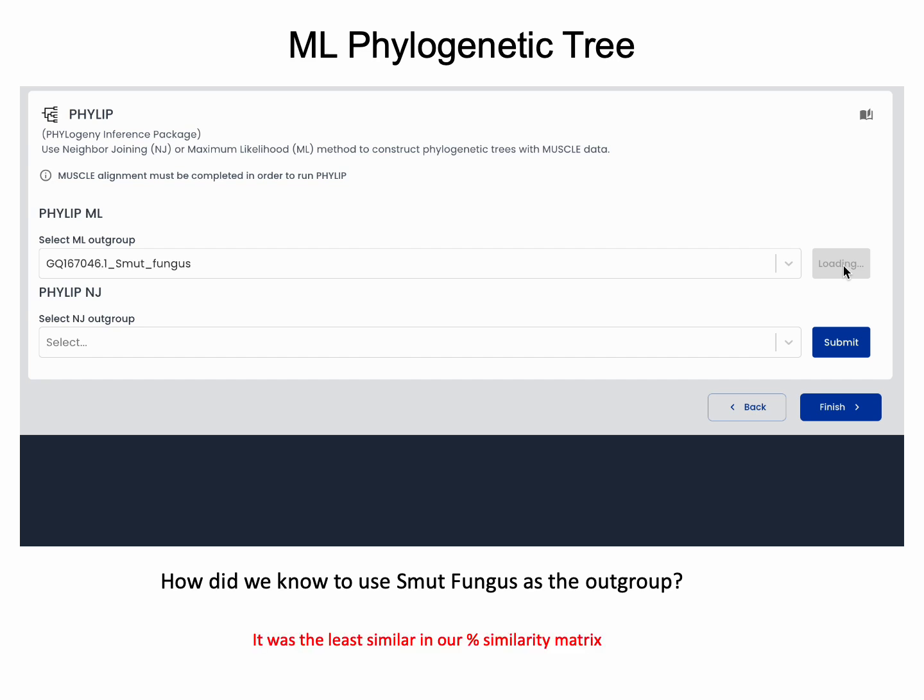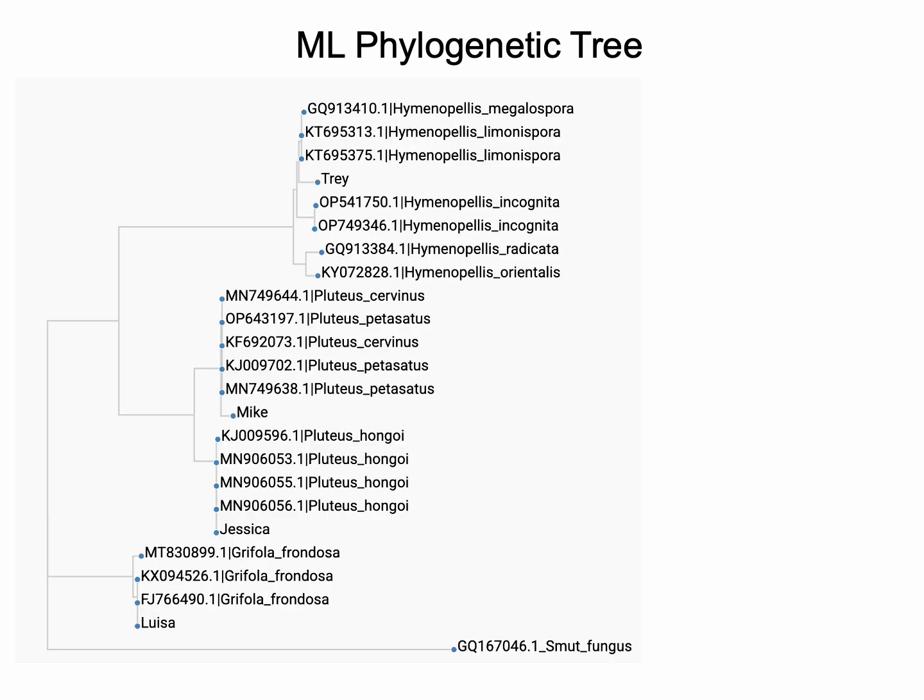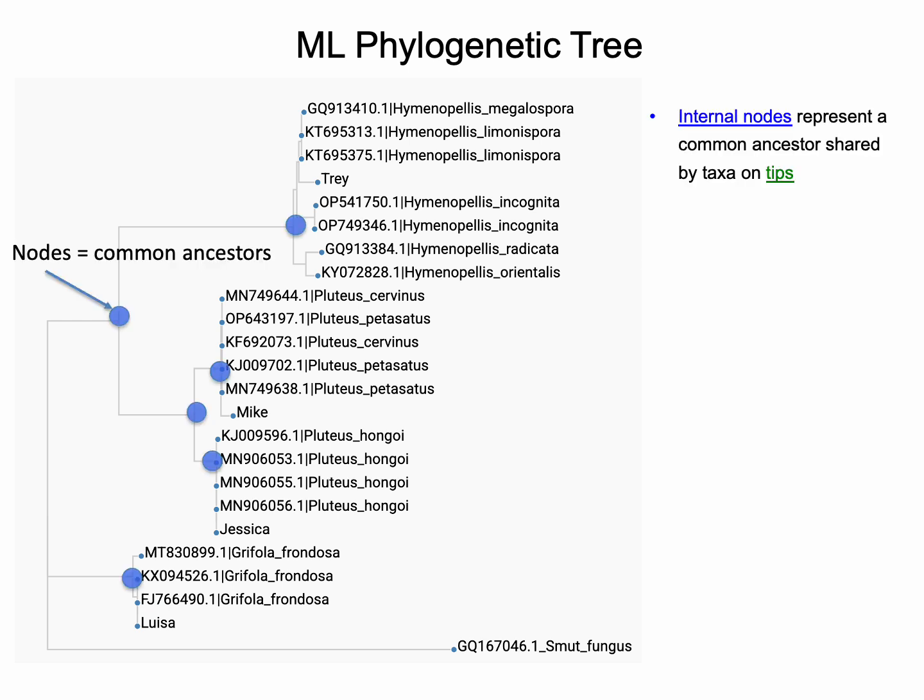If you said because it was the least similar to all the other taxonomic groups that we looked at in our percent similarity matrix, you are correct. This is the maximum likelihood tree output. This algorithm fits mutations to a tree to produce the most parsimonious tree. In other words, the one that requires the fewest number of mutations to explain the sequence data, aka the shortest branch lengths. Internal nodes on this tree, represented by the big blue dots, represent a common ancestor shared by taxa